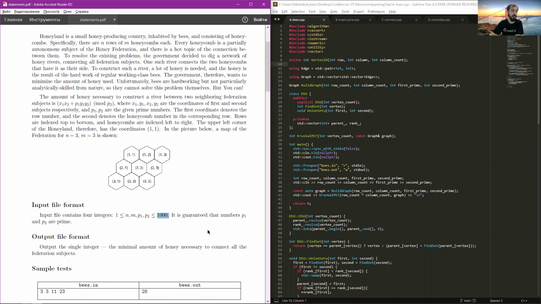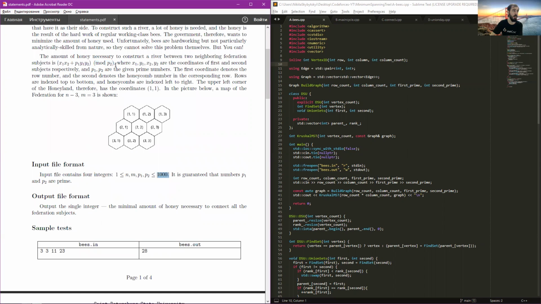Unfortunately, you have a lot of vertices. You have at most 1 million vertices, and therefore around 6 million edges, which is not great. You may panic because you know that you can't sort 6 million edges, and you obviously can't use Prim's algorithm because it would work in 1 million squared, which is even worse than sorting 6 million edges. However,